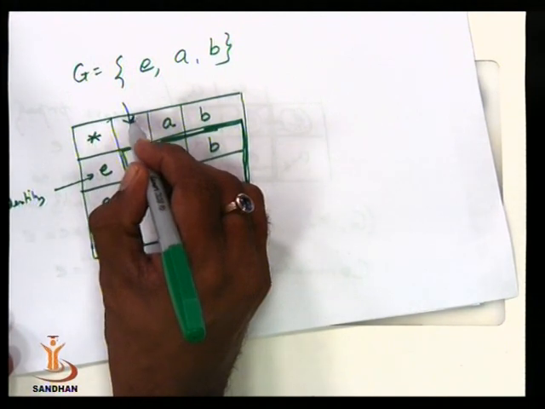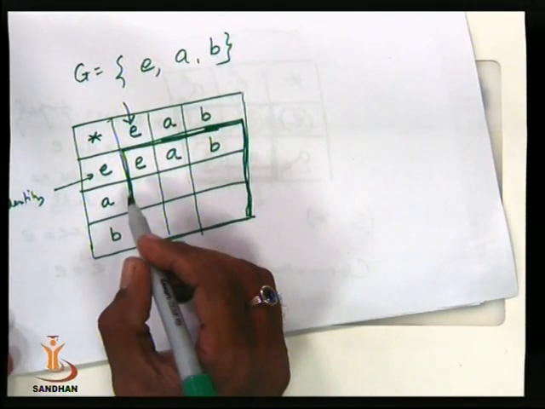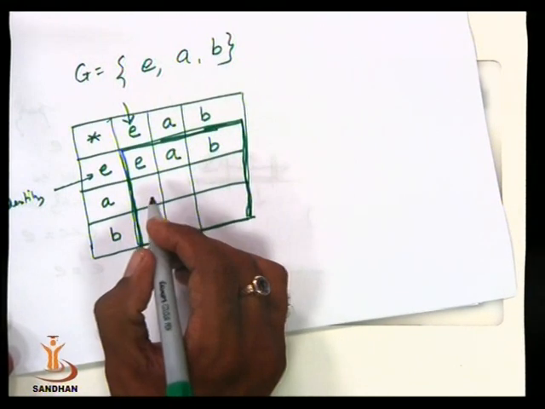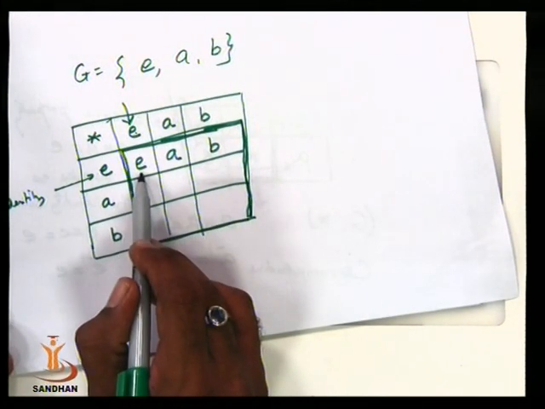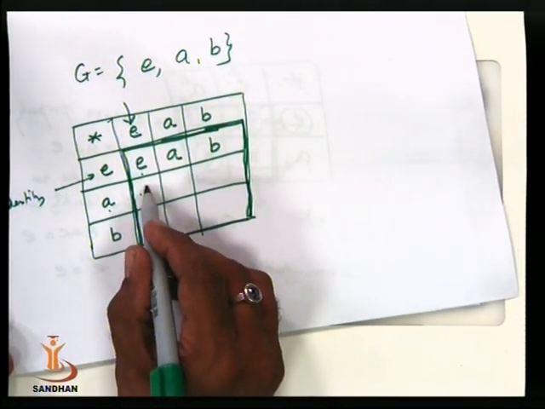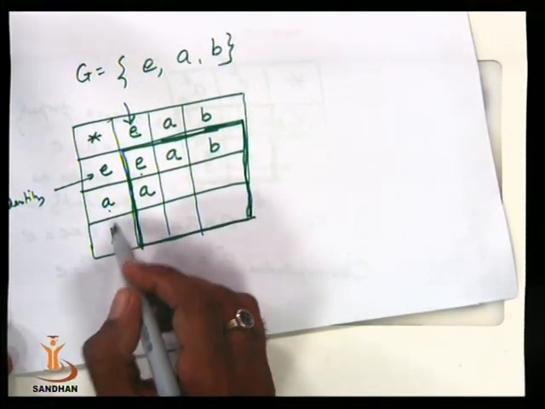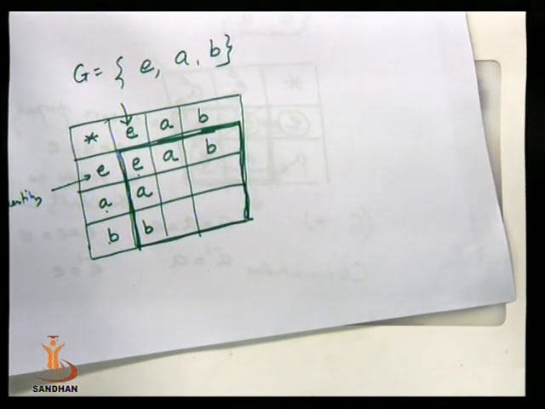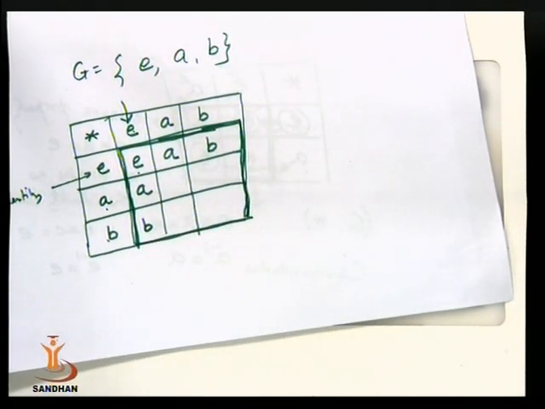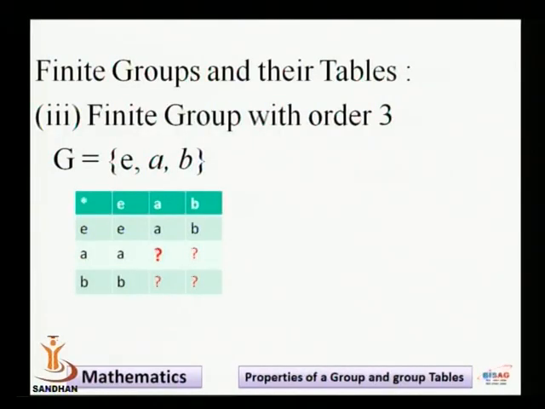Here this is E, which works as an identity element. That means the first column in our operational part will be again the same as this one, because E star E is equal to E, A star E is equal to A, and B star identity is equal to B. So this is a very simple part, and we got E, A, B and A, B. Here that is shown: if E, A, B are the 3 elements of G, then we may have the first row as E, A, B, and the first column as E, A, B.